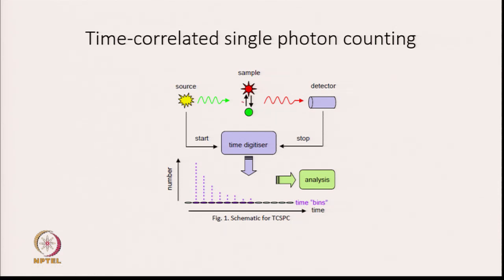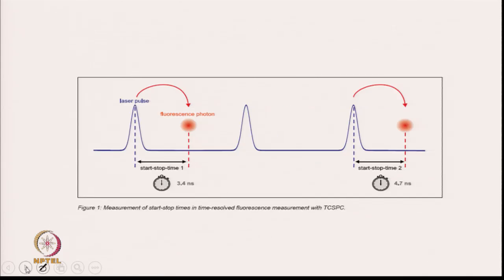What we are doing is that this is the source of light, and here a fluorophore goes from the ground state to the excited state, and then you are detecting photons. When you come across a photon, this will stop, and the time digitizer will tell you the time gap when you received the photon, and then the number of photons seen versus time, which is called lag time, is plotted here. See the next one, then it will be more clear.